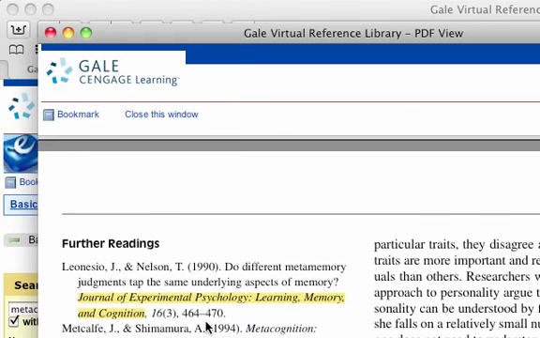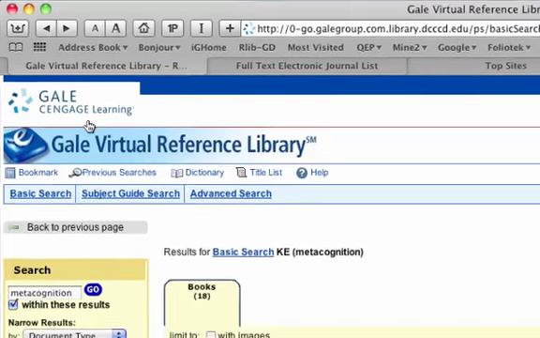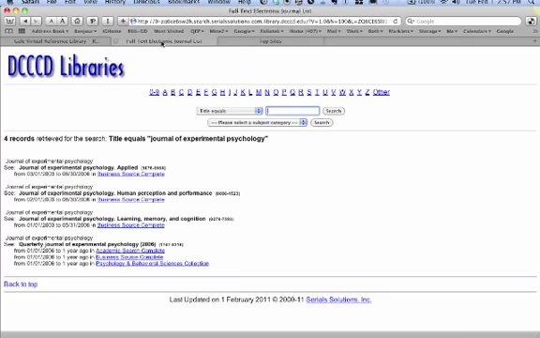So the question is, do we have that exact article that was published in 1990? We get that information right up there at the top. So, do we have the article published in 1990 in the Journal of Experimental Psychology, Learning, Memory, and Cognition? All right, let's go to Serial Solutions, and I've opened it up here, and notice that